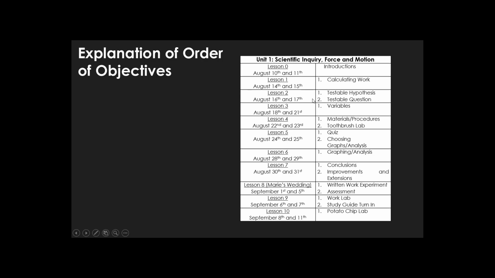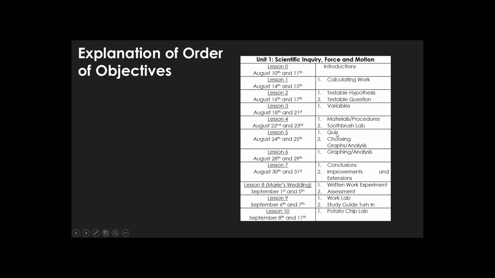Lesson 2 is when we start the steps of the scientific method. We start with the question. Technically, question should be number 1. Question all the way through conclusions. For every unit, I have a mid-unit quiz that I'll upload, which are very similar to last year's quizzes that you can use to kind of gauge where students are halfway